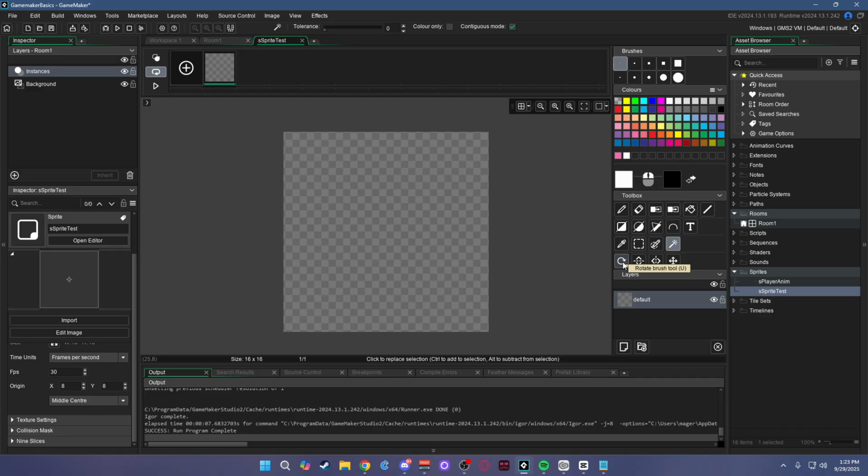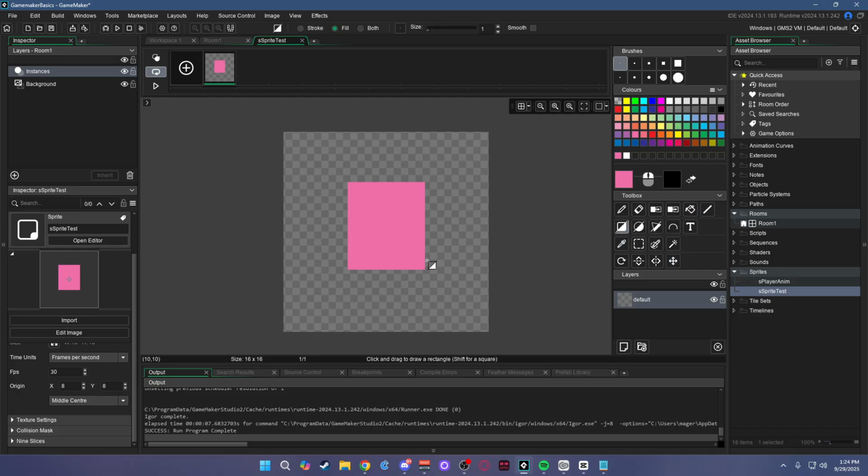Rotate. Not too useful in GameMaker because it does blur it. Flip tool, which is a vertical mirror, then a horizontal mirror. And then there's just a pan image. So if you have a bunch of stuff like right here and you just want to pan it, you can move the whole thing. Which is no different than doing this. Don't know why they have that actually. Anyways. Now that we have that covered,